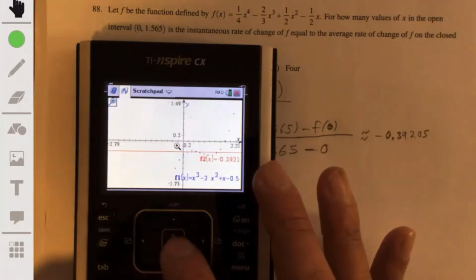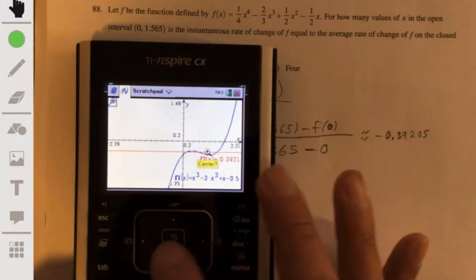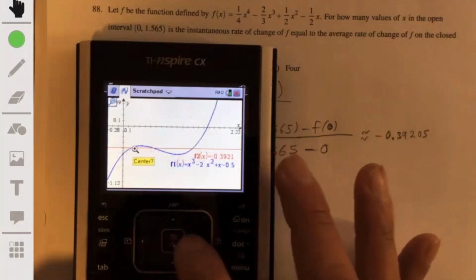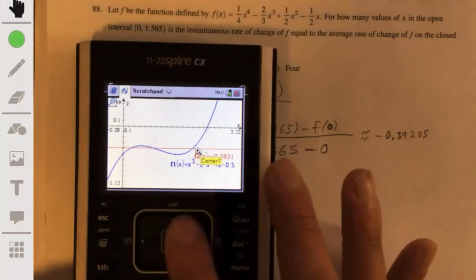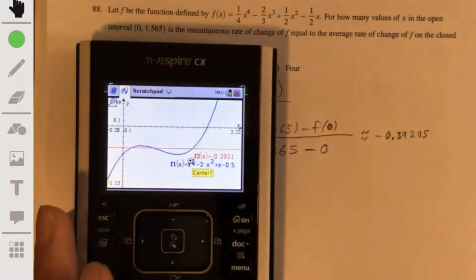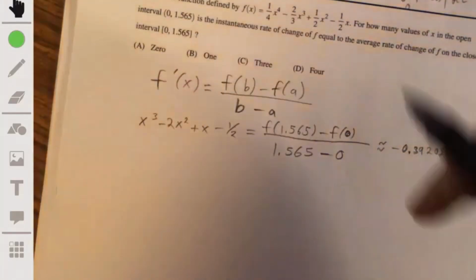It looks like it's going to be 3. Yeah, we have 1, 2, 3. One more time. So yeah, we can see there are 1, 2, 3 points of intersection on our graph. We don't have to actually find the coordinates. We just need to find how many there are. So the answer will simply be